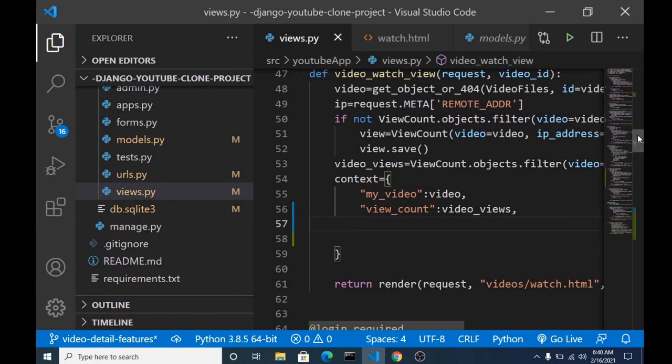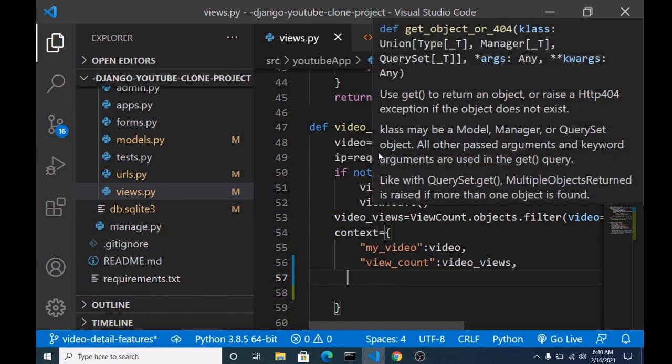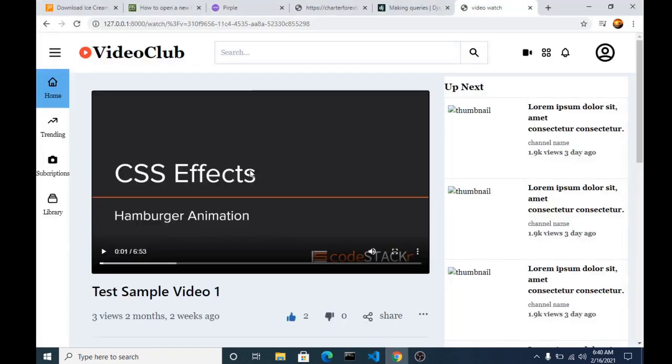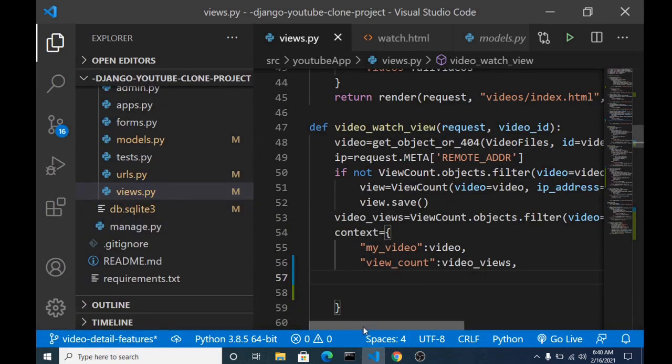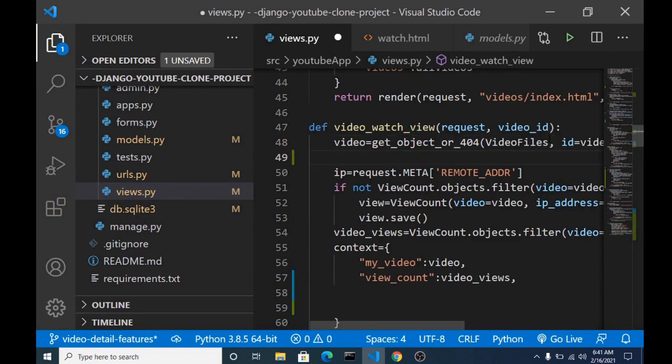Yeah, in the video watch page, first of all we are going to get the category that this particular video belongs to, that is the video that is currently displaying. To get that, it's very easy. We just get it from our object.